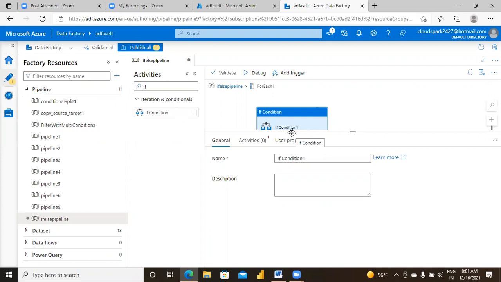In false activity, give one more copy. Just only change sink. Got it? Remember, under for each, you can keep if activity. But under if, you cannot keep for each activity.